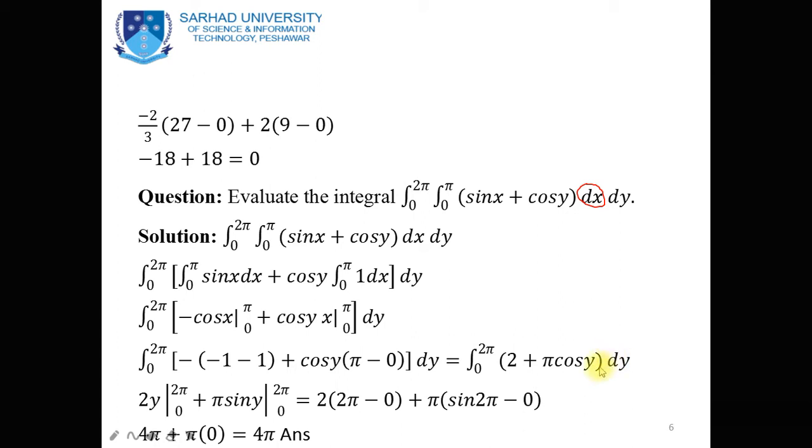Now to integrate this expression with respect to y, to evaluate the integration of this obtained result with respect to y. So with respect to y, this 2 is the constant, and we have integration of 1 is y, for the limit from 0 to 2 pi. Now integration of cos y with respect to y is sin y, and the limit is from 0 to 2 pi. Now putting upper limit and lower limit in this term, so 2 into 2 pi minus 0 plus pi into sin 2 pi minus sin 0, and sin 0 is equal to 0. Now sin 2 pi is also equal to 0, so we obtain 4 pi